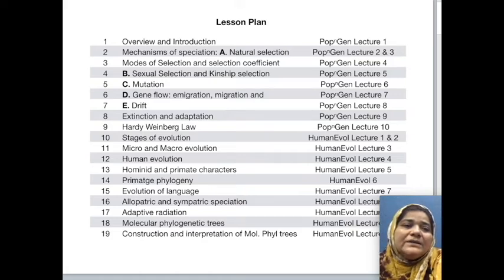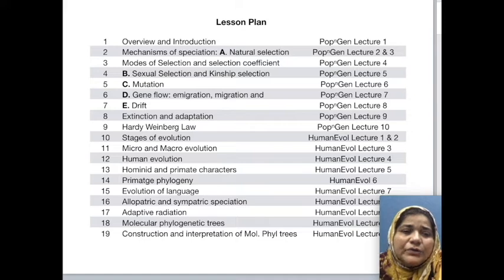I have planned it this way, that today we have done the overview and introduction of these 2 units, and we will be learning about it in another 20 lectures. Some of the topics, as you can see, they are to be dealt in 2 lectures. Say, for example, when we talk about natural selection, leading on to selection and selection coefficient, it will take us a longer time. So kind of 10